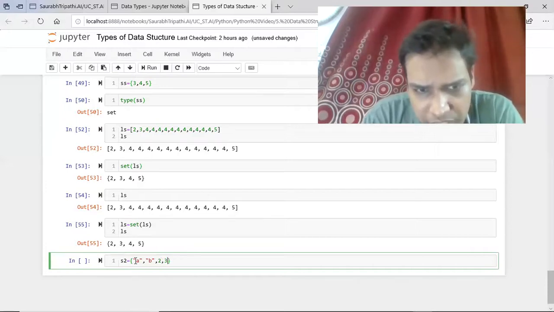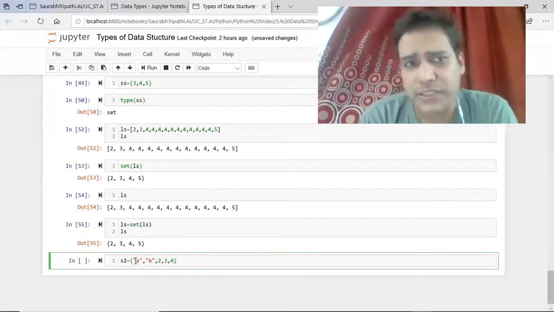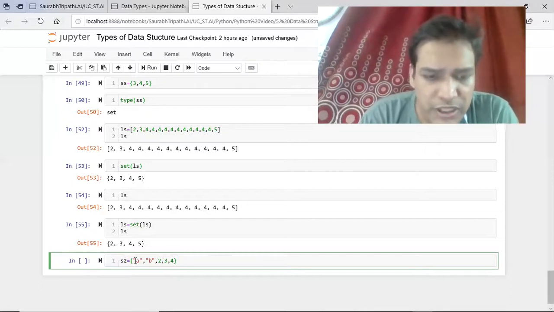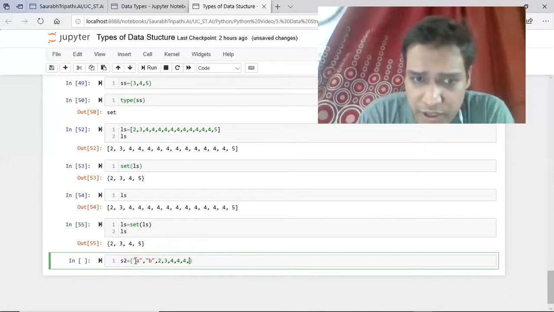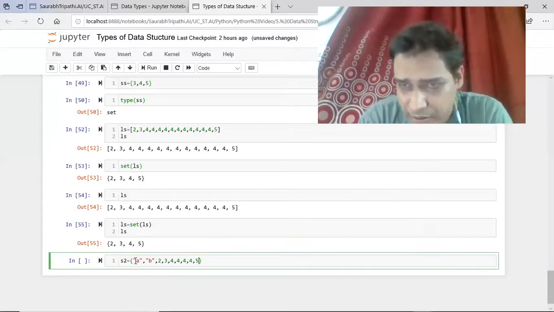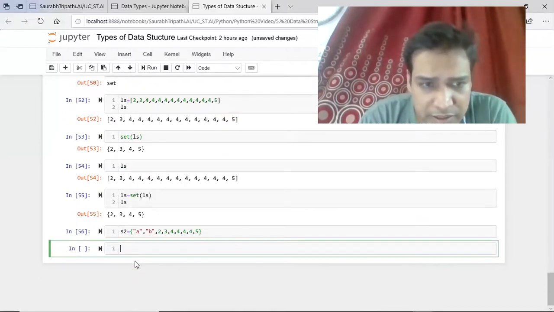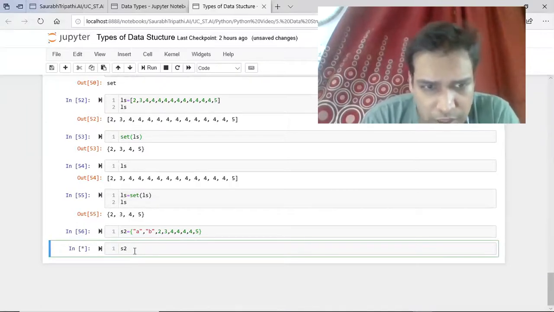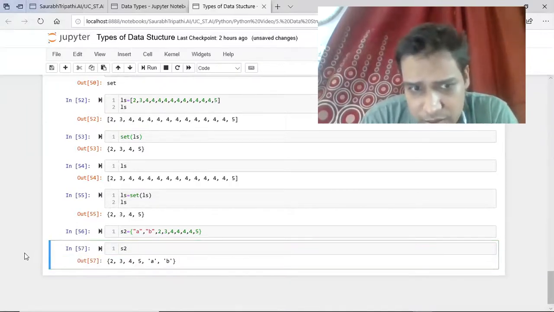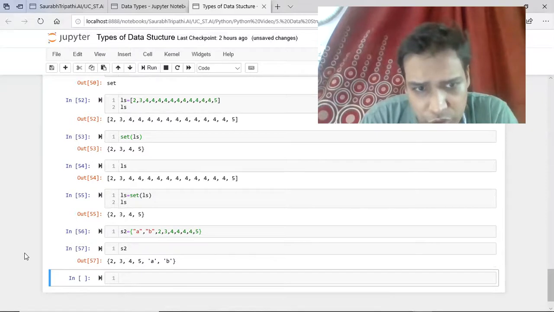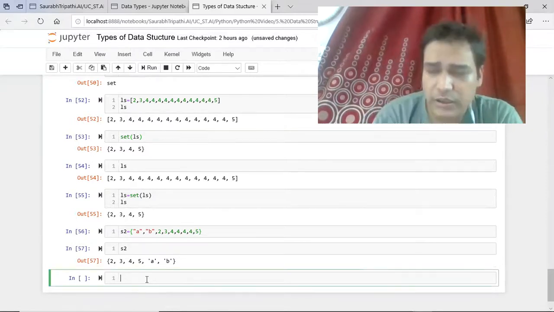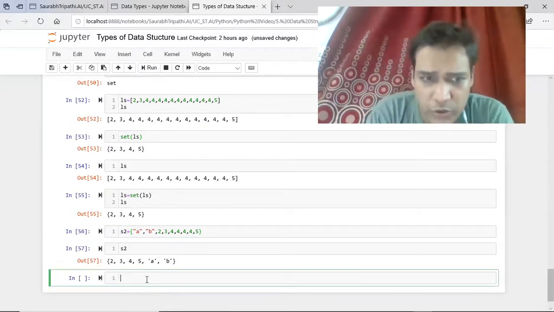We already know we cannot have duplicacy, so suppose we initialize the value with duplicates. What will happen? When we run this and print s2, as you can see, there is no duplicacy in the data. Also, the values have adjusted themselves as sorted values.